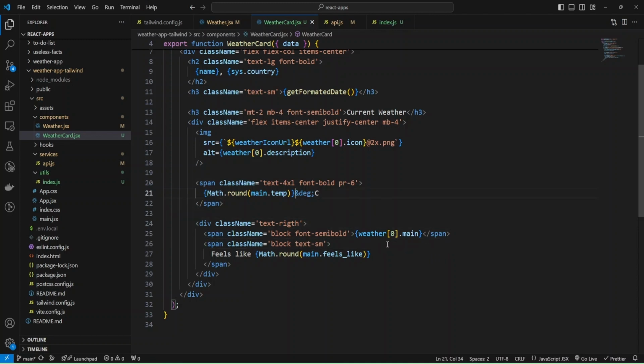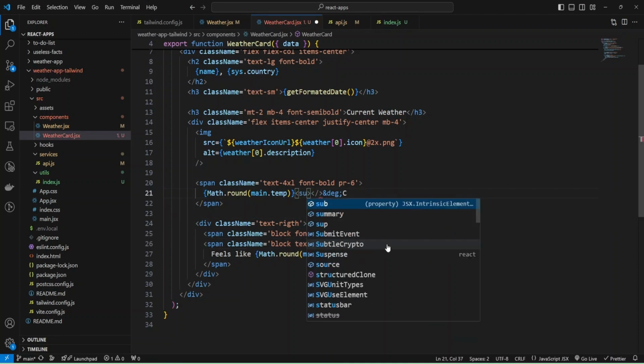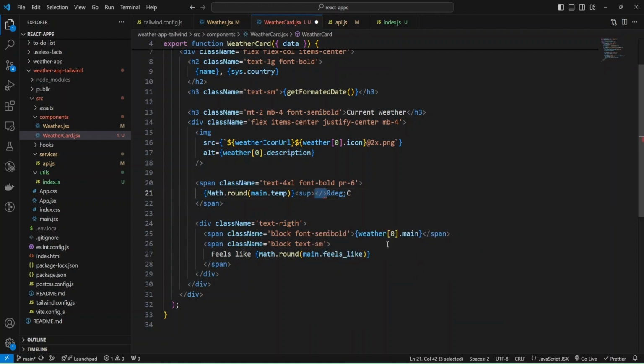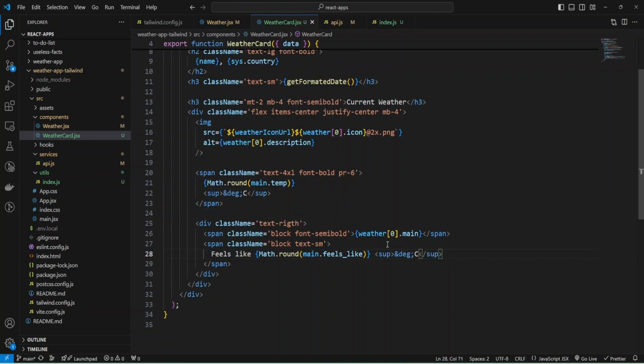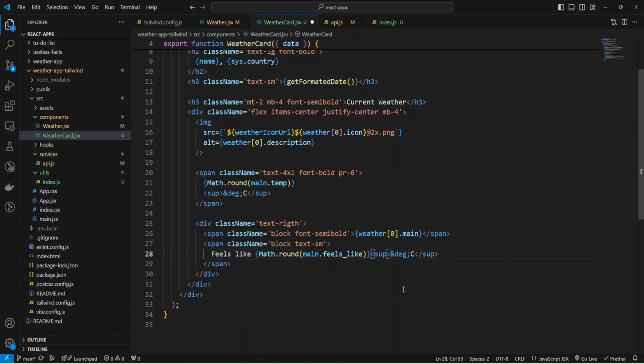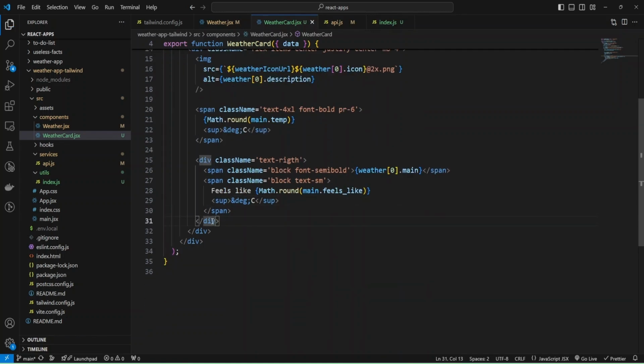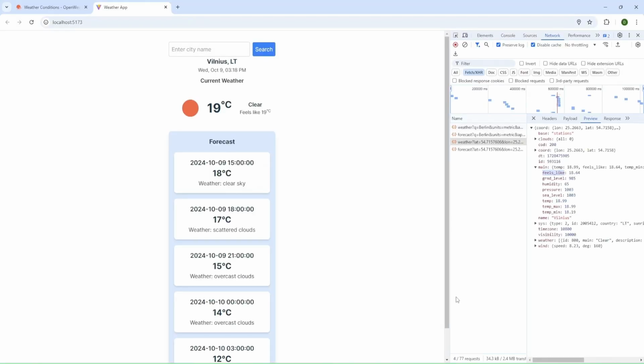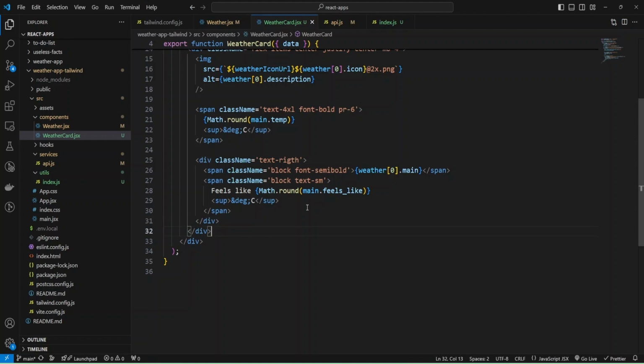And I can copy paste, but I can add some sub tag and here close tag, and now I can copy paste it here. And let's check. Okay, we have our Celsius and here, and I can remove paste. Okay, and now we can provide additional weather details, and I'm going to add it here inside my container and